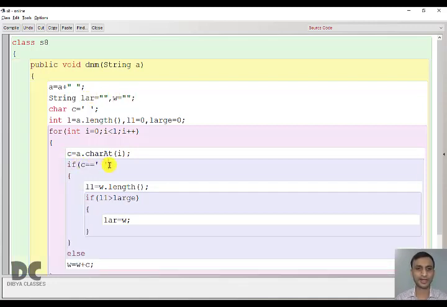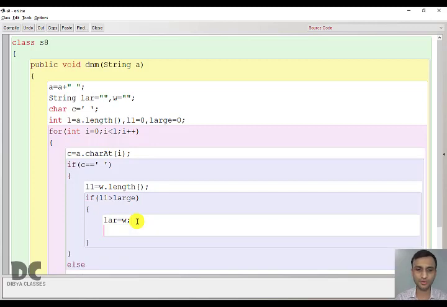So if we get a word, first we'll find the length of the word and check if the new word is larger than the previous largest word. If it is true, then we'll store the word and also store the largest length, where L1 will be the new largest length.